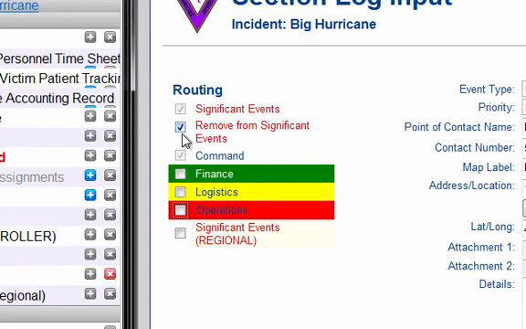The other option that this user has is the ability to share this significant event with the region. You are part of the Triad RAC region, and therefore any of the records that you add into WebEOC are saved only to your hospital system. However, you have the ability to share that record with the region. So as the Planning Section Chief looks at this record and says, you know, we really need to share this with all of our regional partners, we can click on this button, adding it to Regional Significant Events, and hit